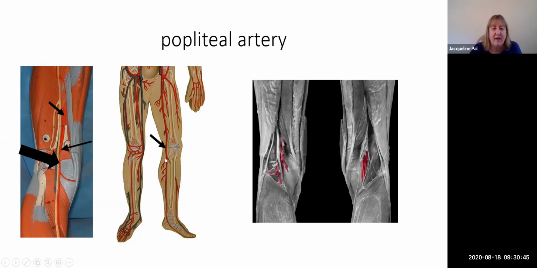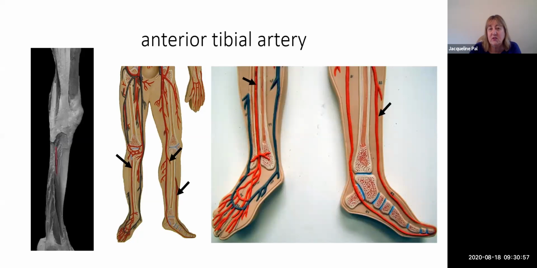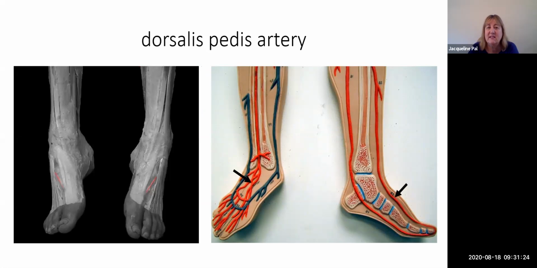Then in the upper calf, I think you clearly can see that it's going to have two branches, one which will go anterior to the tibia and one which will stay posterior. The one that travels anterior to the tibia is the anterior tibial artery. Isn't it awesome when the names make sense? So the anterior tibial artery will continue distally and go to what is the dorsum of the foot, where it will have an arch with branches going to each of the digits. However, on the dorsum of the foot, it has another name change, and here it is called the dorsalis pedis